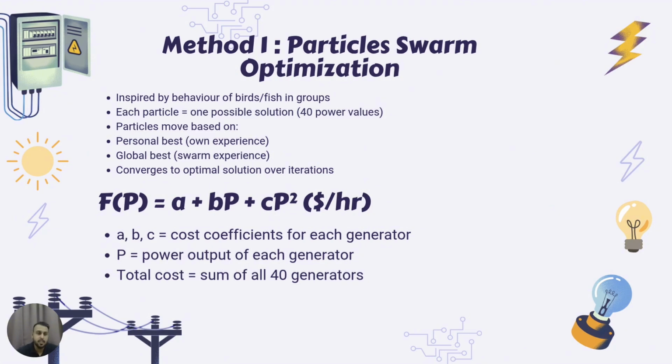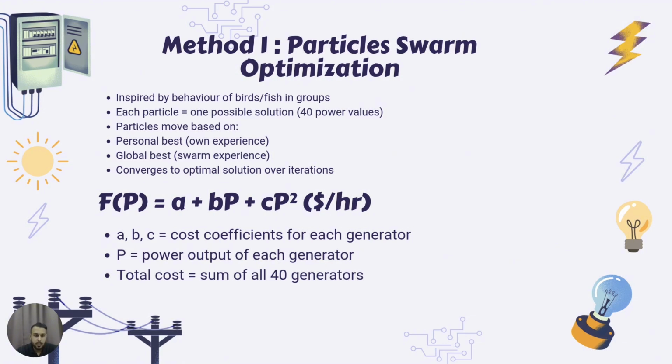particle swarm optimization. What is particle swarm optimization, which is PSO? It is inspired by behavior of birds or fish in groups. Each particle equals one possible solution for 40 power values. And then particles move based on personal best, global best, and also converge to the optimal solution over iterations. So we also have the formula,